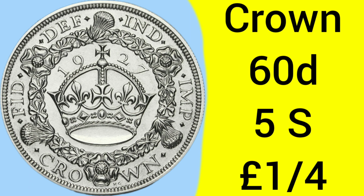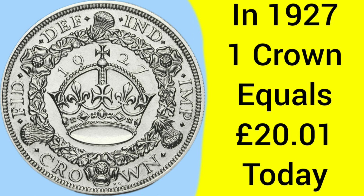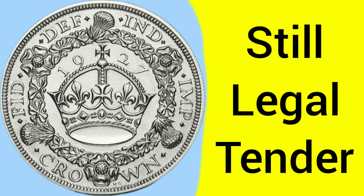The crown coin is a 60 pence piece. This is then a 5-shilling coin, or 1/4 of a pound sterling, back under pre-decimal currency system. And back in 1927, when the coin was released, 1 crown was worth £20 and 1 pence in today's money, so very similar to having a £20 note today, or a crown back then, similar values, similar buying powers. And this coin, as a crown, as all crowns are still legal tender at 1/4 of a pound sterling,